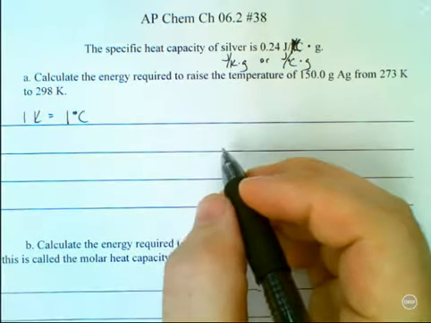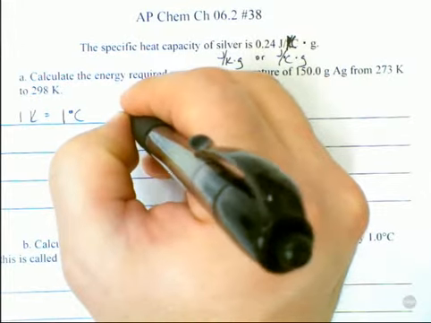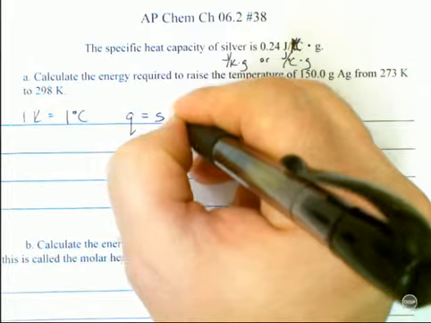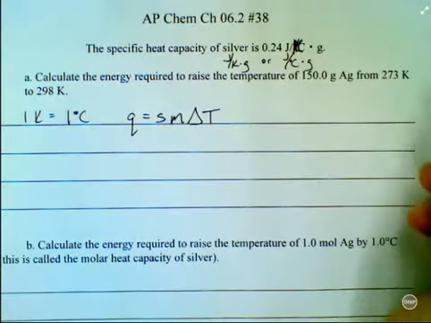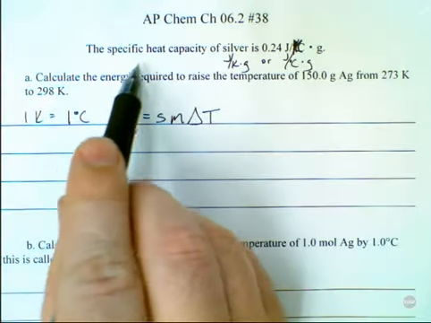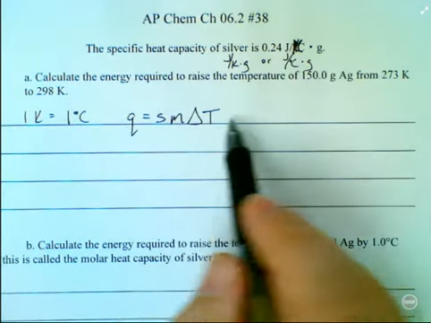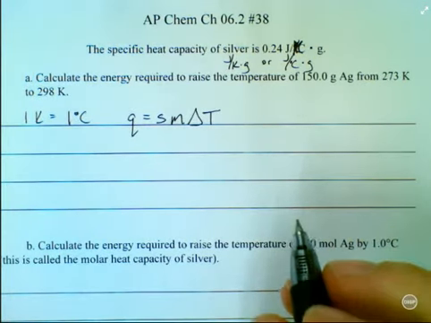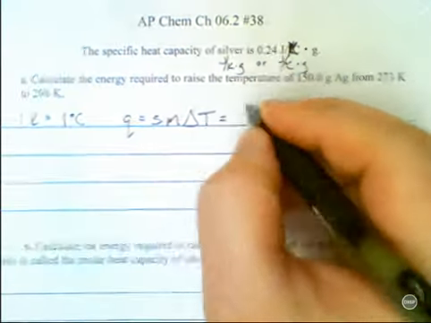So with that in mind, the equation I'm going to use is Q equals S for specific heat capacity, M for mass, delta T for change in temperature. I've been given specific heat capacity by the question, I've been given mass, and the change in temperature itself. So all that's left for me to do is plug those values in and chug them. Let's just plug those in. So we got